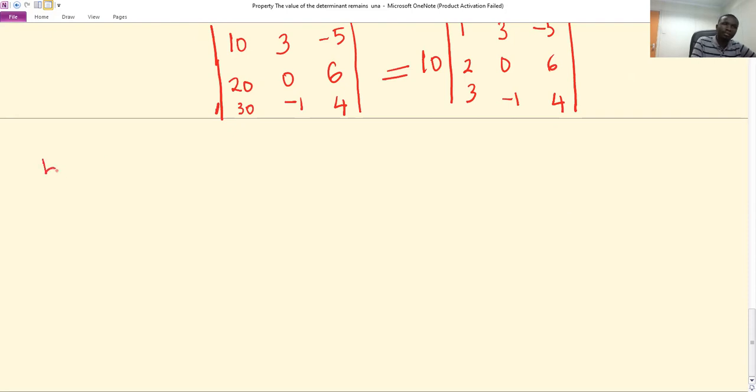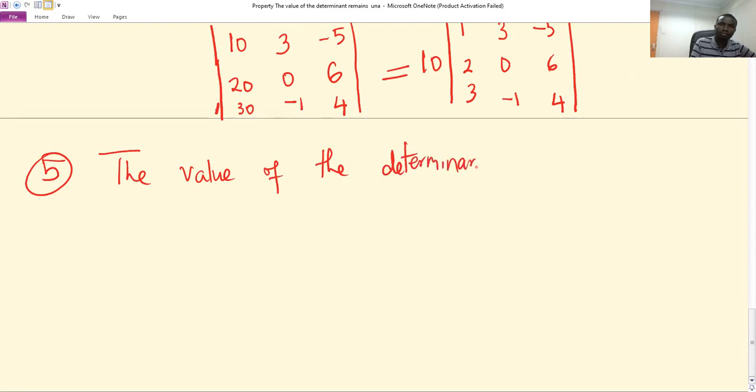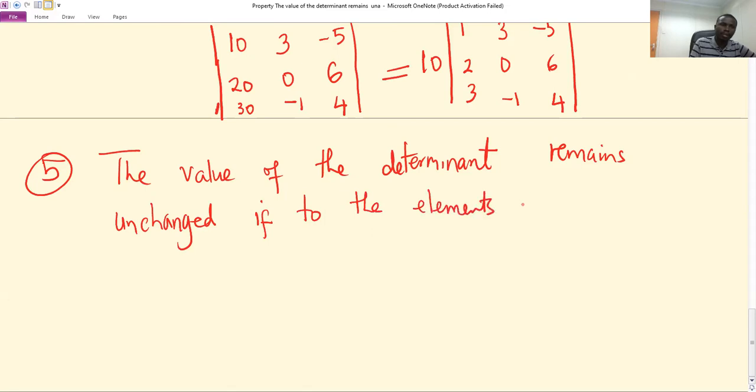So property 5: the value of the determinant remains unchanged if to the elements of one row or column